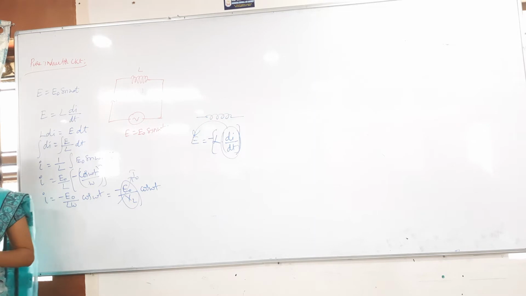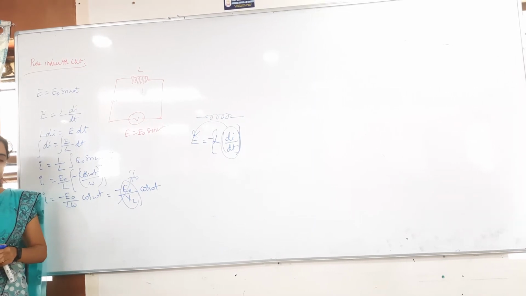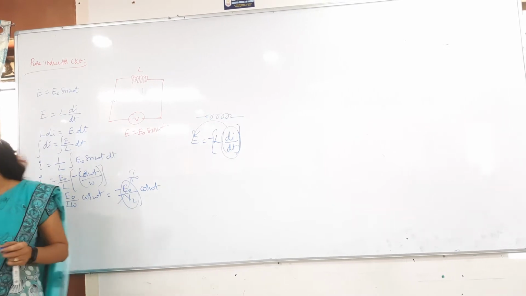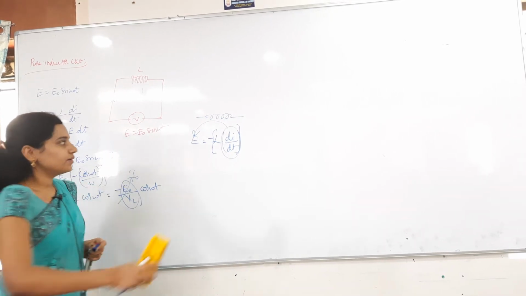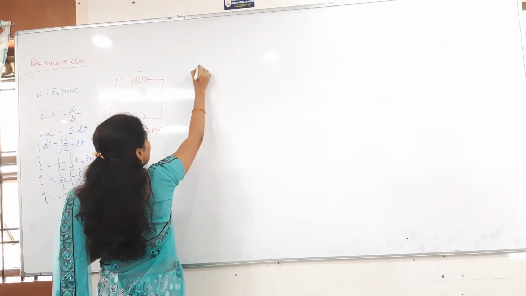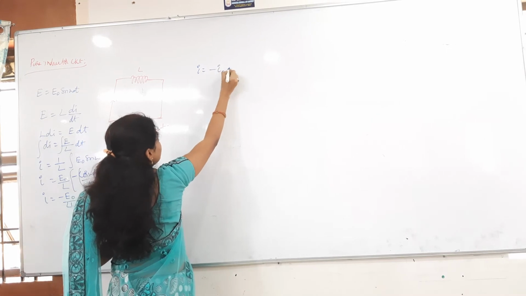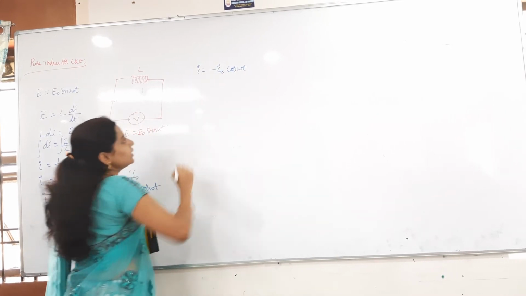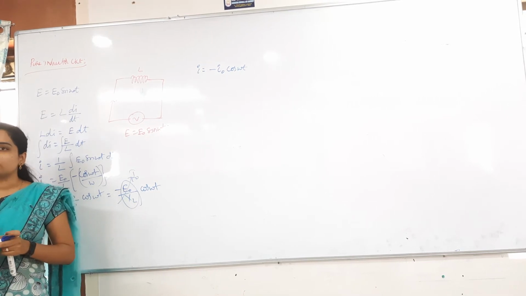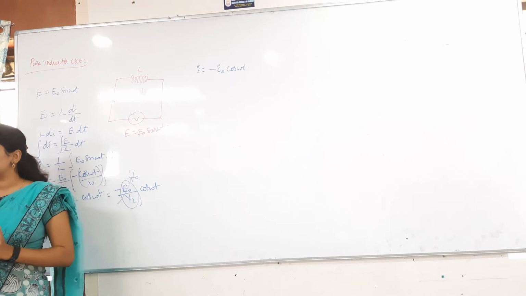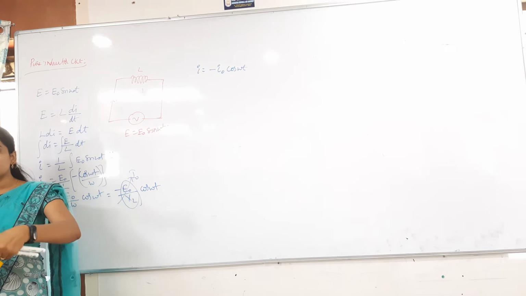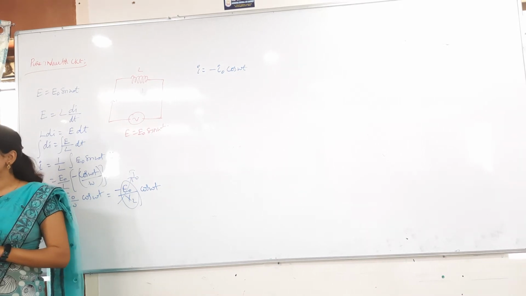Now I have to find the phase difference. To find the phase difference, I have to convert the cos function into a sine function. I got the formula as I is equal to minus I naught cos omega t. Generally cos theta can be written as sin of 90 plus theta, right? Then we have minus of sin 90 plus theta. If we send the minus inside, then we will get sin of minus omega t minus 90. Are you understanding or not?